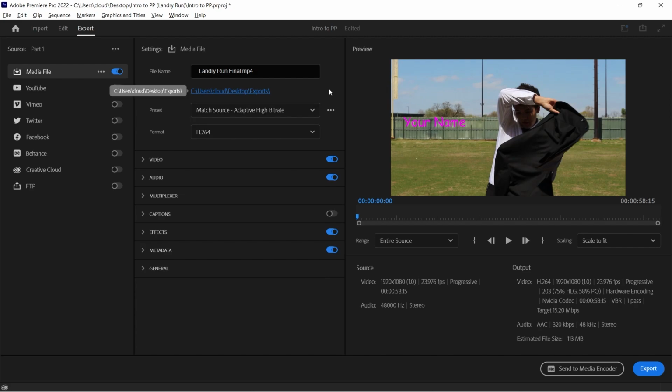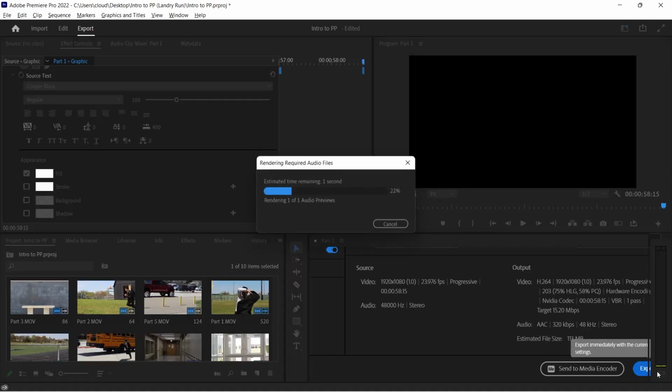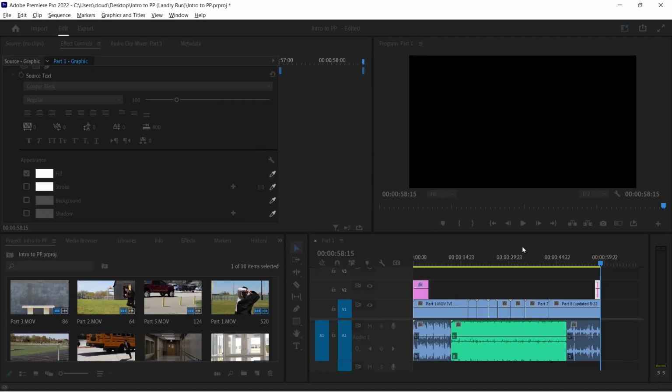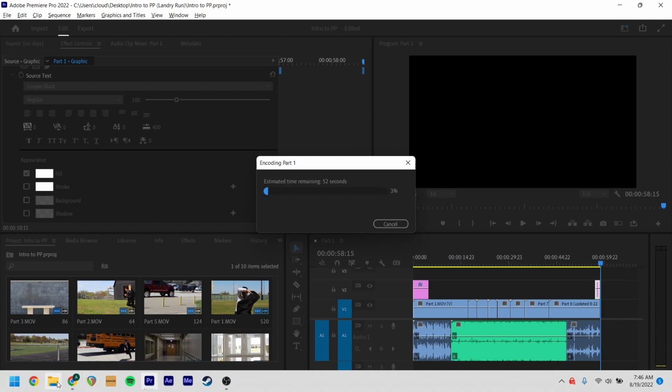Those files are small enough that they're not going to take up a huge amount of space, but still good quality, and everything else should be pretty much the same. So all you've got to do at this point is press Export. And now, after that's done,